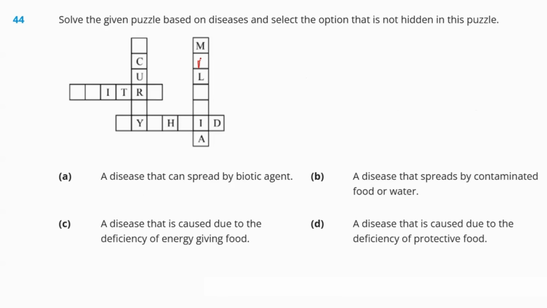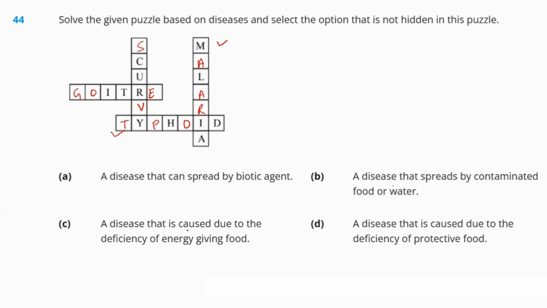Okay, first we will write here malaria, typhoid, scurvy, goiter. Now we know here, right? So the disease that can spread by a biotic agent, malaria; a disease that spreads by contaminated food or water, typhoid;